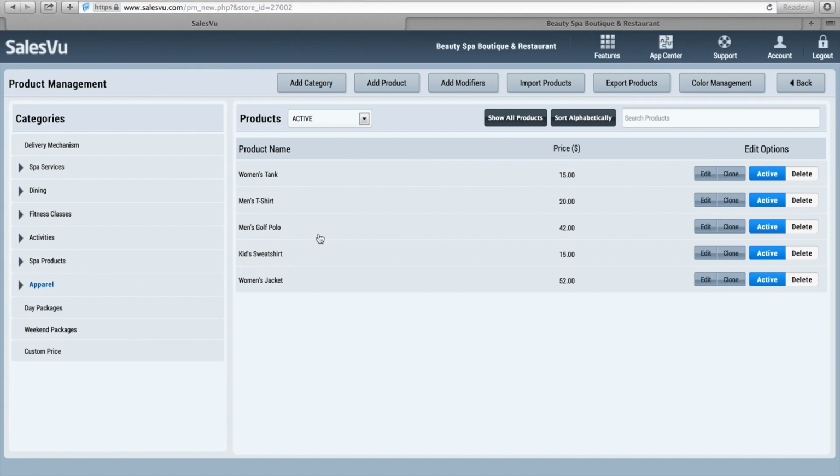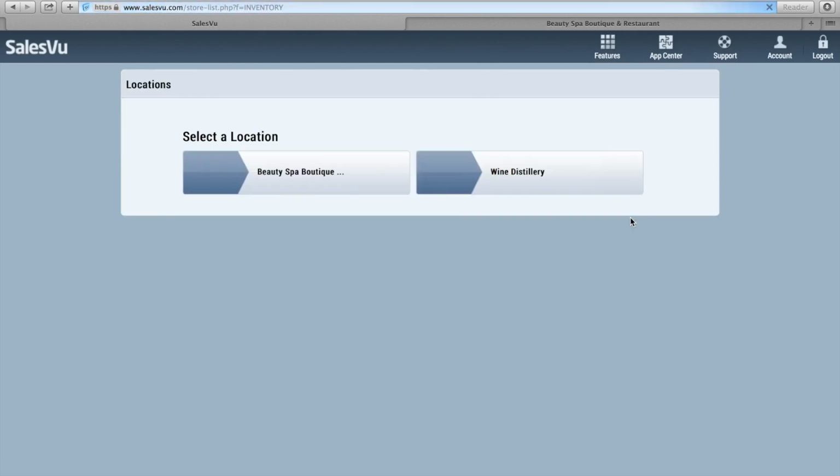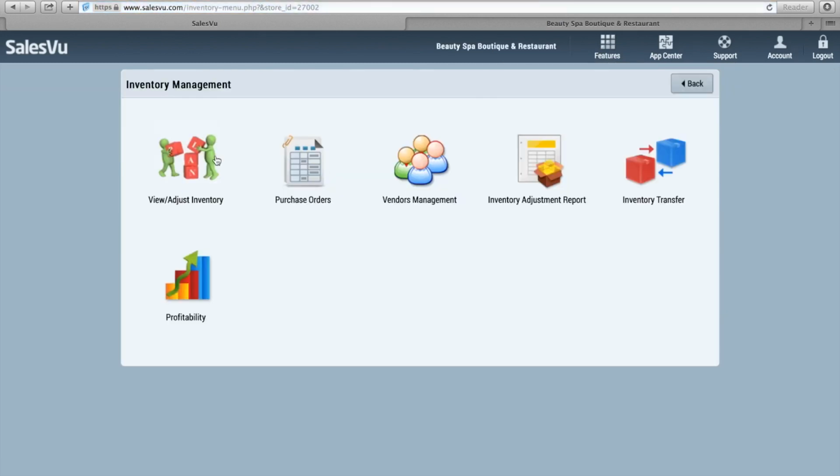So the next thing I'm going to show you is the inventory section and how you can add new quantities of inventory. So we go to features and click on inventory, and again choose our location. Anytime you create a product and you want to add inventory, say your on-hand inventory, you can go to view adjust inventory,